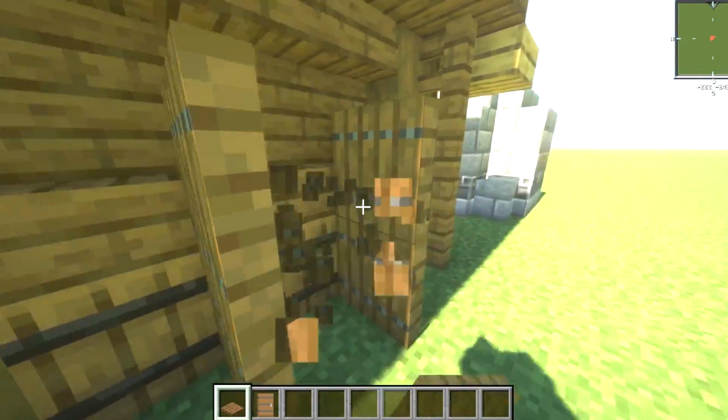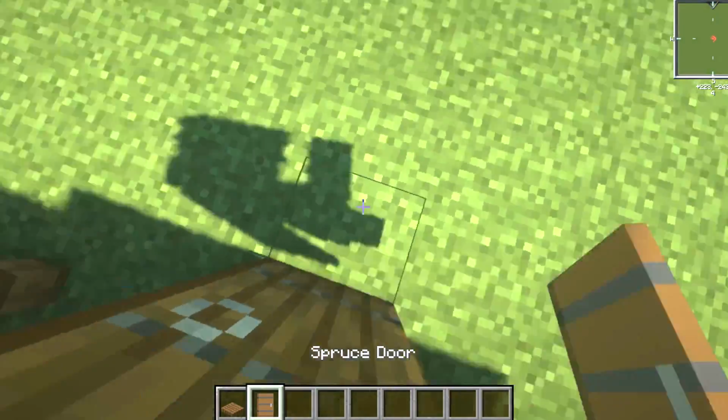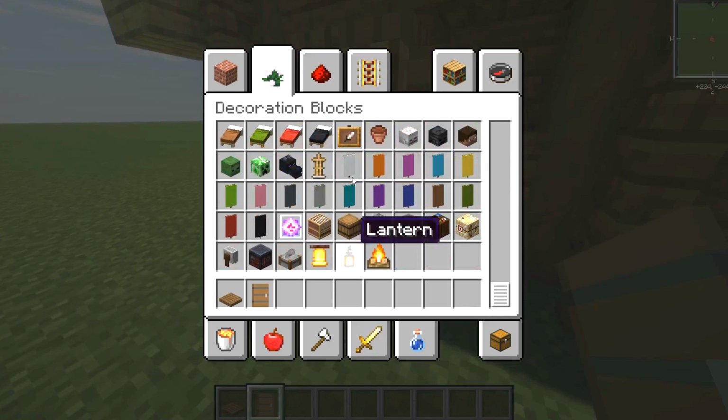Whereby you end up having just a very, very small little building like this. Have the door on there. Now you've got a little outhouse. You can obviously put in...